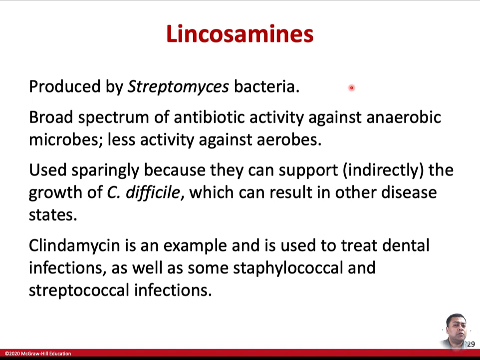These are also produced by the Streptomyces. These are broad-spectrum antibiotics against anaerobic microbes, but less effective against aerobes. And this is used sparingly because they can support indirectly the growth of the Clostridium difficile, which can cause a superinfection, which can result in other disease states. So they can kill many of the normal microbial flora in our intestine, where the Clostridium difficile can take over and cause a superinfection. The clindamycin is an example for this, and this is used to treat dental infection as well as some staphylococcal